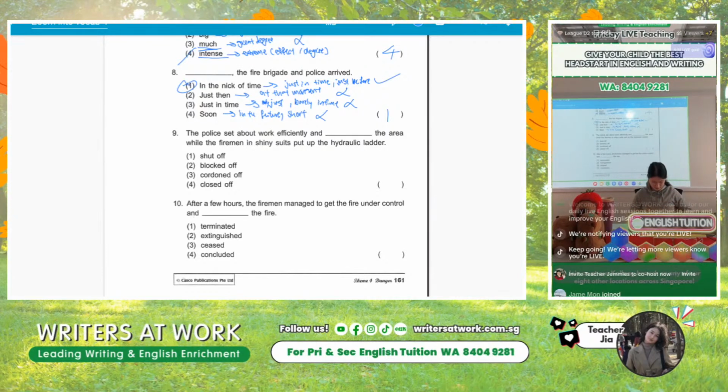Next one, depending on what you guys want to learn. Right now I will be going through the composition as well as some vocab questions, and then for the next live, and maybe if we have time for this live, we will be writing some descriptions for emotions, facial expressions, actions, and transition words, depending on what everyone needs, right? Yeah, so let's get started.